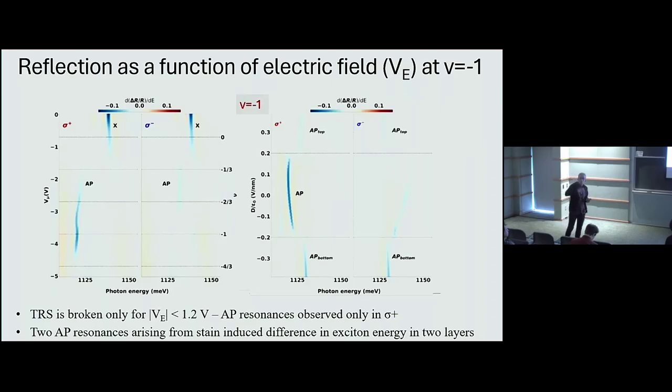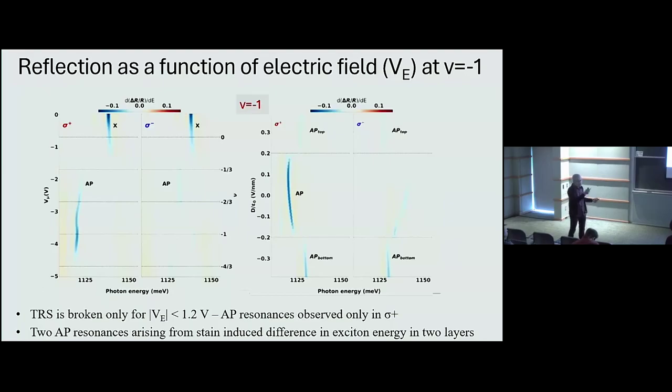Okay, so we can also keep the density fixed at nu equals -1, such that we are in this Chern insulator state, as we have seen, and then vary the applied field. You may not have noticed, but in this Hamiltonian that I showed you, the electric field enters because these are identical layers, but if I apply a displacement field, I change the energy of the two layers and therefore influence how well they're hybridized. And what you see here is that as a function of this applied displacement field, there is a finite range in which you see this complete valley polarization, and beyond which you start to see attractive polaron formation in both layers.